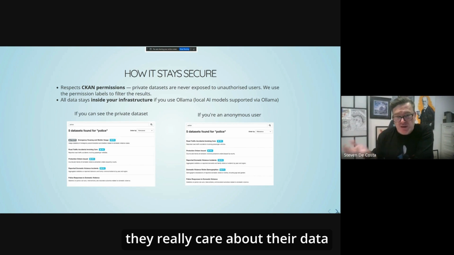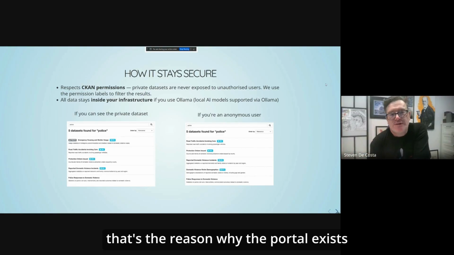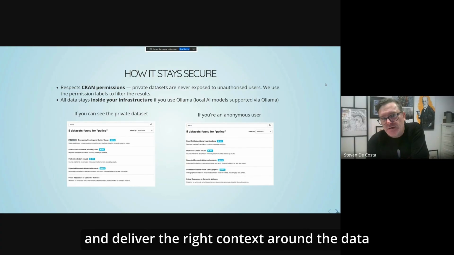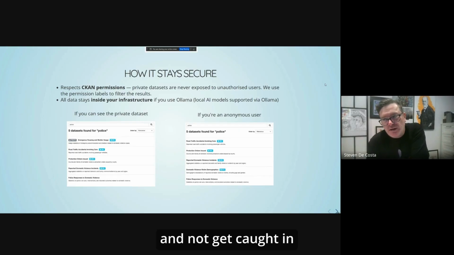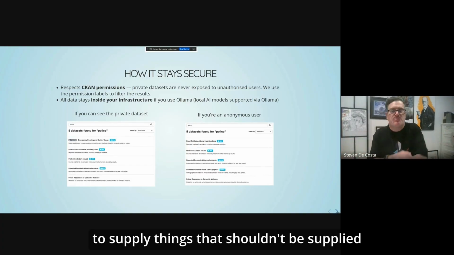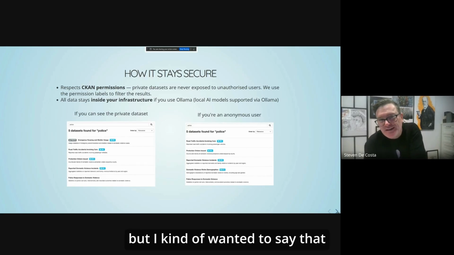They really care about their data. Data is the reason why the portal exists. So they want to understand the context of questions and deliver the right context around the data, but not get caught in hallucinations and ungrounded assumptions to supply things that shouldn't be supplied. Anyway, I interrupted again, but I wanted to say that.